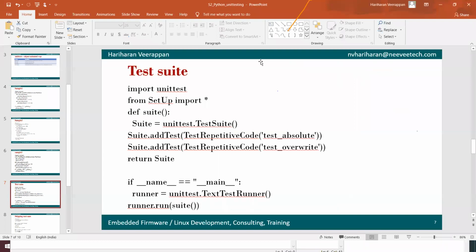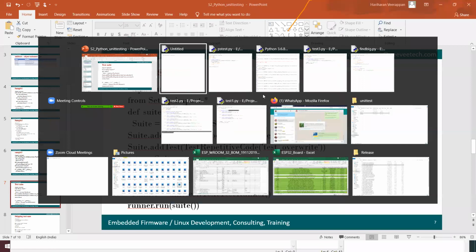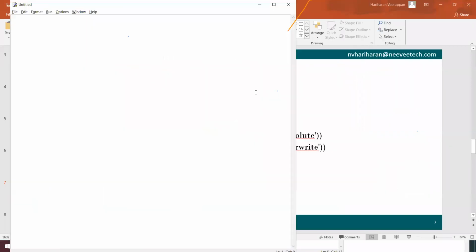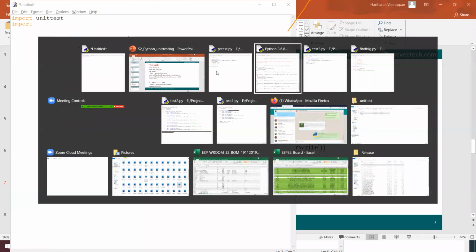For that we have an option, something like a unit test, so I'm going to import unittest over here, and then import, for example, test1. We did different test cases.